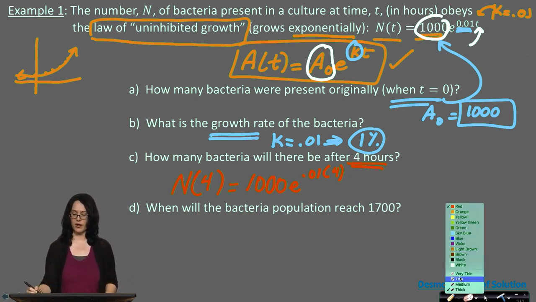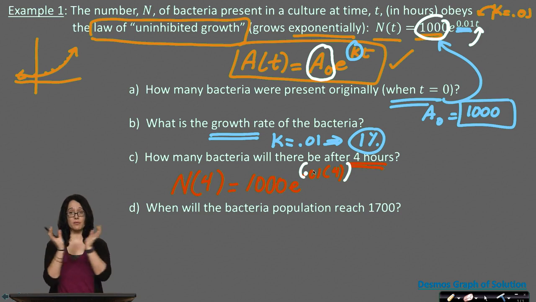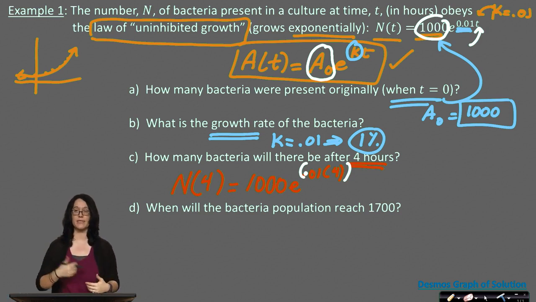The main thing students often do incorrectly and get the wrong answer is if they forget their parentheses, or if they forget to realize you have to multiply in the exponent first and then raise e to that power. So it's e to the power of this product. Whenever you get that, multiply the result by 1,000. And the answer should be approximately